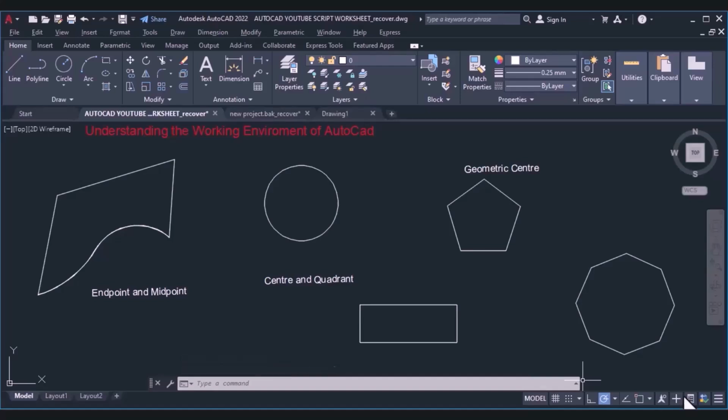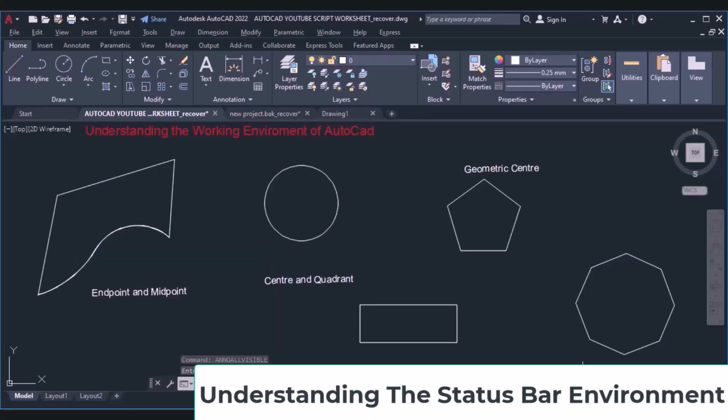Now we're going to be talking about the status bar. The status bar contains tools that enable precision in our drawing. It contains analytical tools that help us to navigate our drawing easily. Now we're going to be talking about some of these tools. But first, looking at the navigation bar,